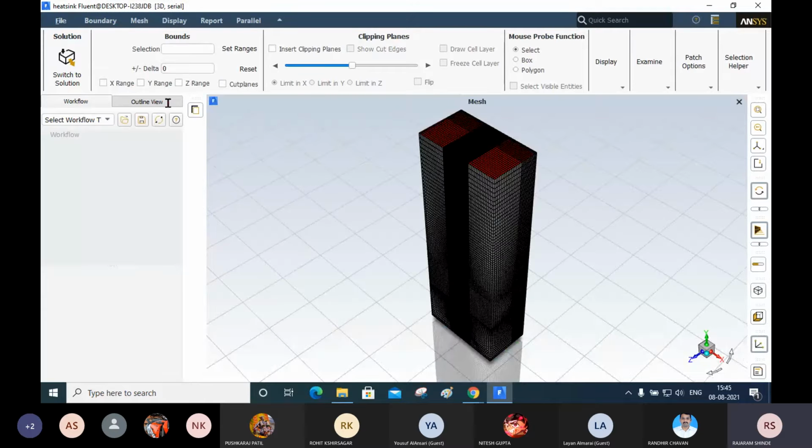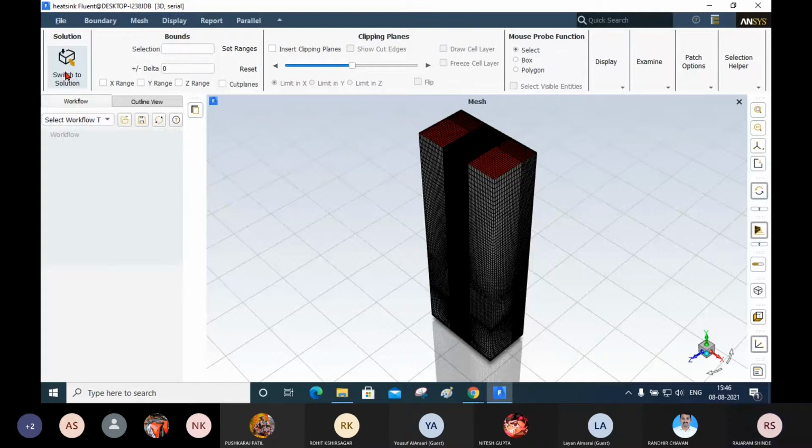Now if you observe, these are different options. These are not our regular options because we have opened it in the Fluent meshing window. Now we have to switch to the solution. Under solution we have the option to switch to solution.